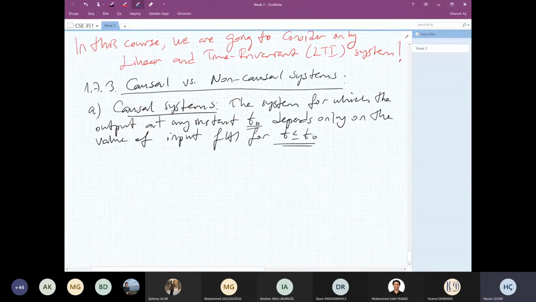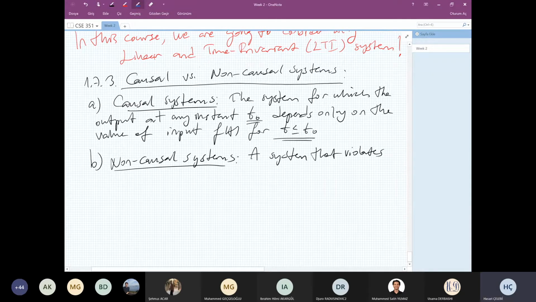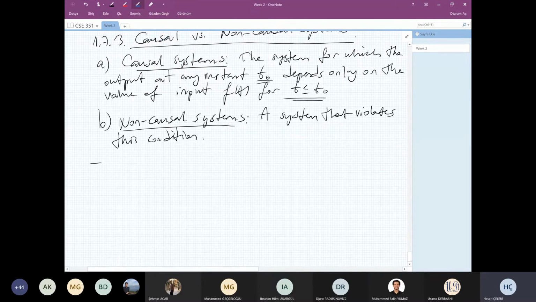What about the non-causal system? A system, of course you can guess, that violates the above condition is called a non-causal system. But in practice, any practical system,